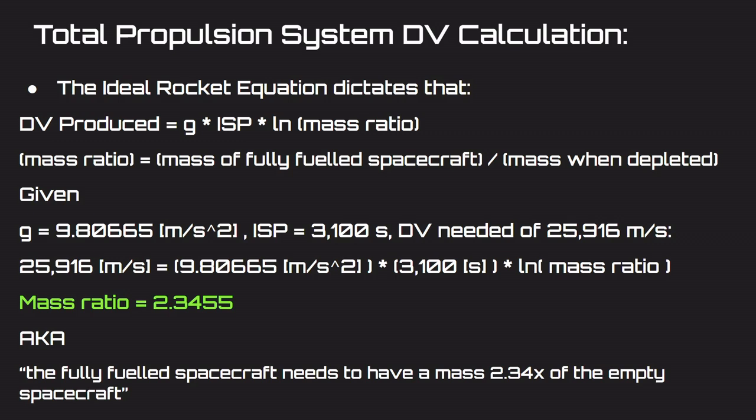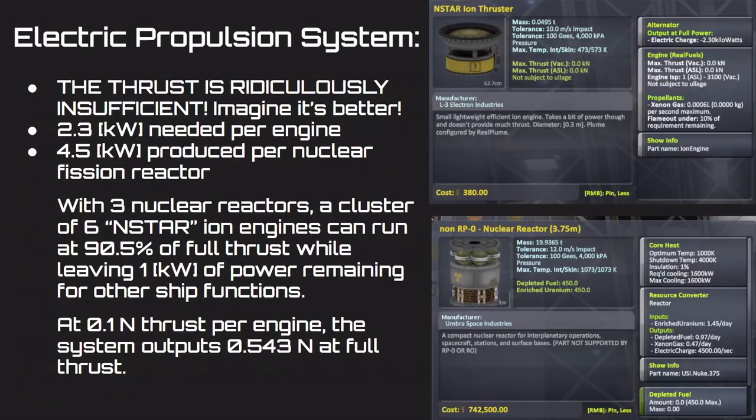You get a mass ratio of about 2.34. That means that when the spacecraft is fully fueled, it weighs over twice that of when it's empty, when it's exhausted of fuel. And that's what I ended up using later on to figure out how many fuel tanks are needed for this vehicle to have all the delta V it needs. So the electric propulsion system,